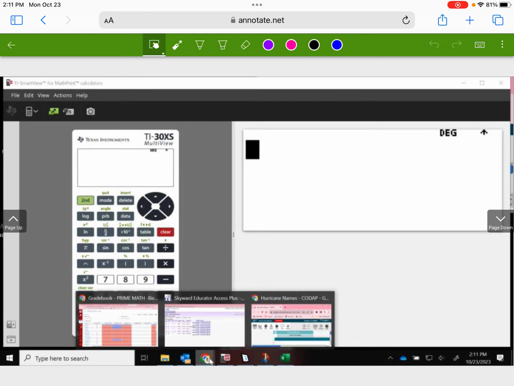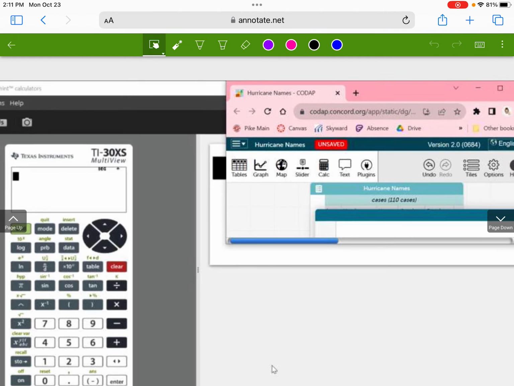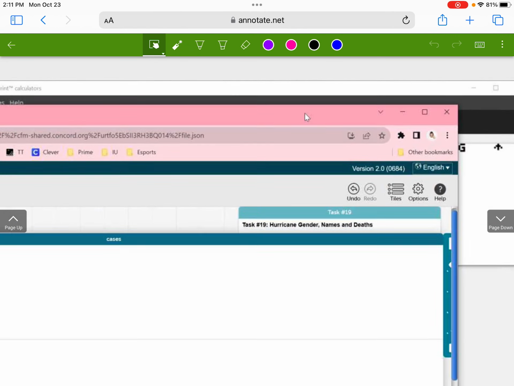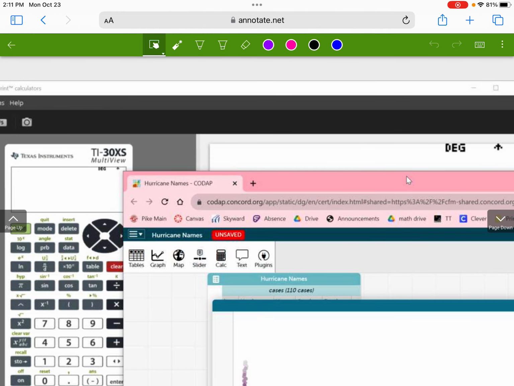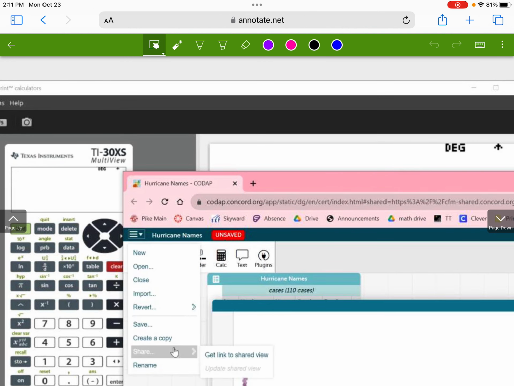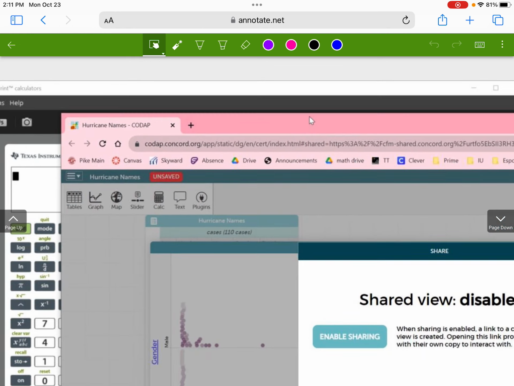All right, just a reminder for those of us that still need to turn in, to get our saves to come through on CodeApp. I still have quite a few people not turning in. We're going to go to these 3 lines. You hit share, and you get the link to the shared view. Then you'll click on enable sharing,